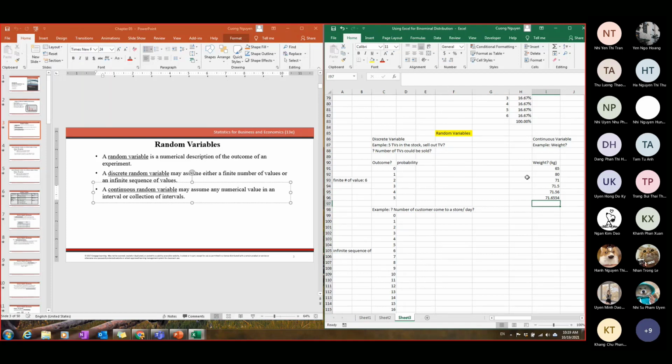And that's mean between 71 and 72, right? For example, between 71 and 72, you can put whatever the number mean, like this, and they still be there. So that means between 71 and 72, there will be an infinite number. That will be any numerical value in an interval between like 71 and 72. There will be a lot, 1,000 of them. So basically, with the continuous variable, we have the infinite number possible of the outcome, and they can be very, very, very small.